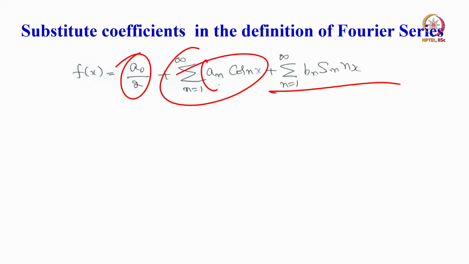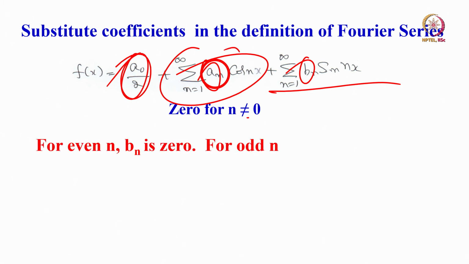Now we have worked out the an, we have worked out bn, and we also worked out a0 by 2 by integrating over 0 to pi. One cycle we integrated. And this one we know for n not equal to 0, we have calculated. So, n not equal to 0 means, for example, any value if you take 1, 2, 3, this term is 0.